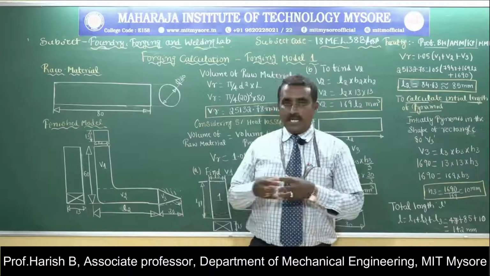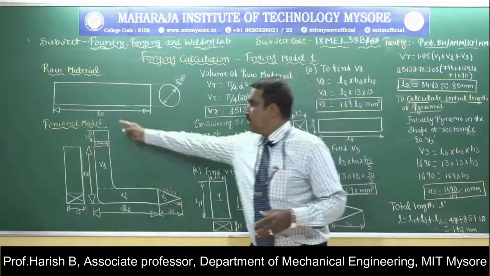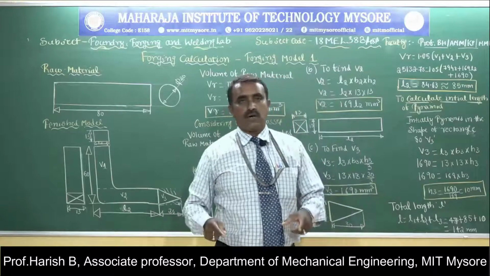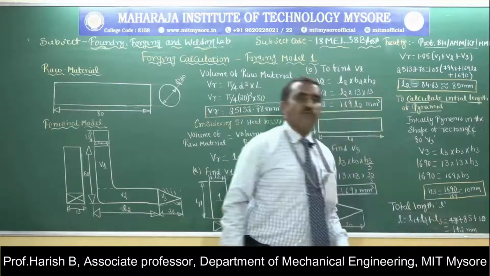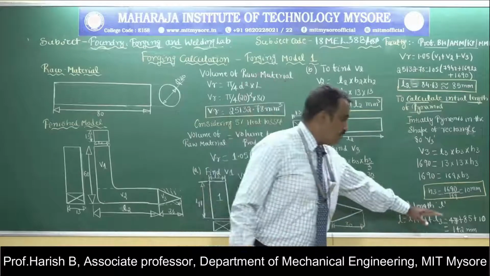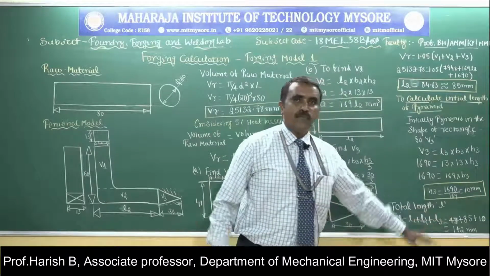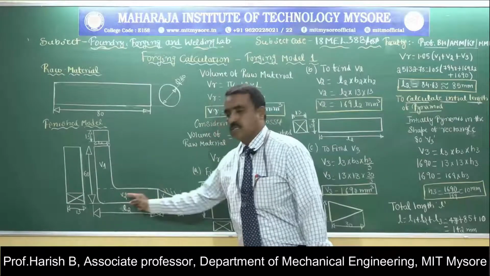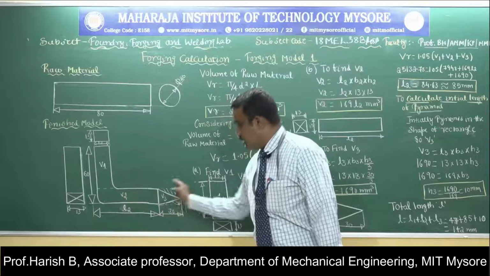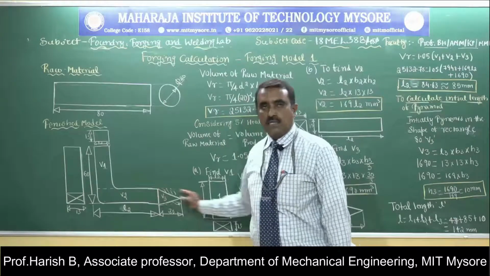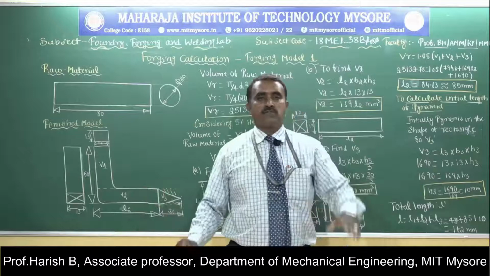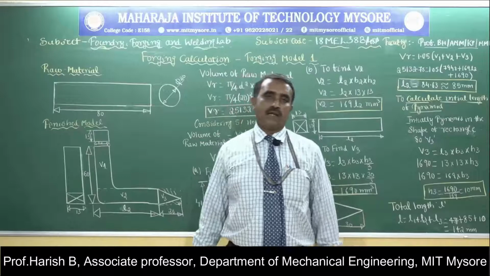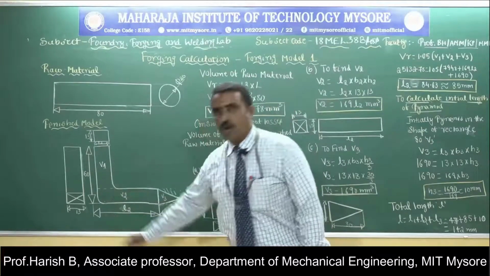So I have to initially heat it. This 80 mm circular rod should be brought down into a square cross section of length 142 mm, and then the bending operation is to be carried out in order to get this section, that is the second section. Then once again the rectangular flat surface should be brought into a triangular shape. So these are the different operations involved in finishing this model 1.